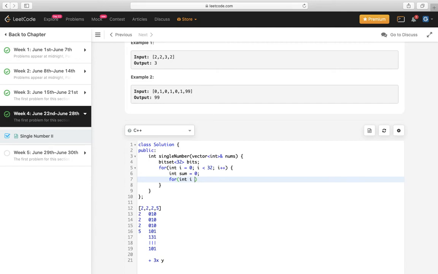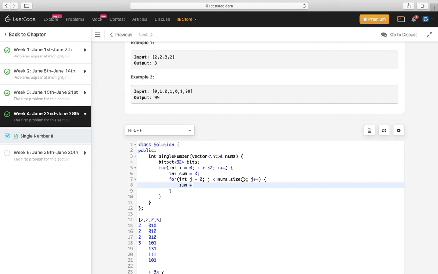Then I'm iterating over every element of nums, from 0 to nums.size(), j plus plus, sorry. Now we have to add all the set bits in that bit position.